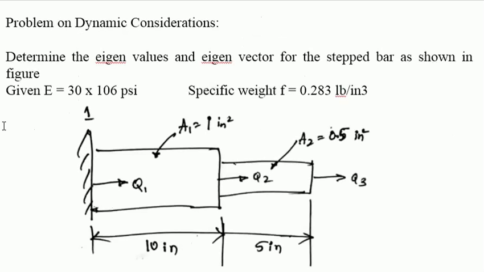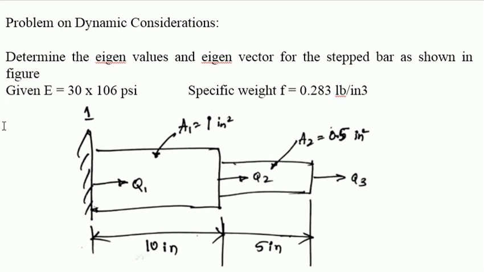So let us continue with the next problem. The second problem is on dynamic considerations, where you need to find out the values of eigenvalues and eigenvectors for a given component. So let us take a problem. So the problem given here is determine the eigenvalues and eigenvector for the stepped bar as shown in the figure,